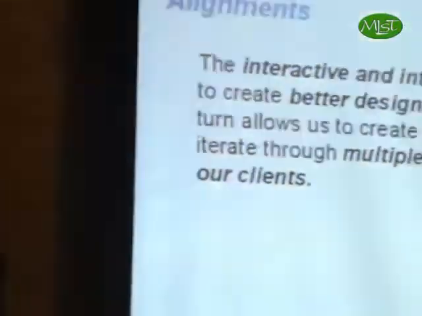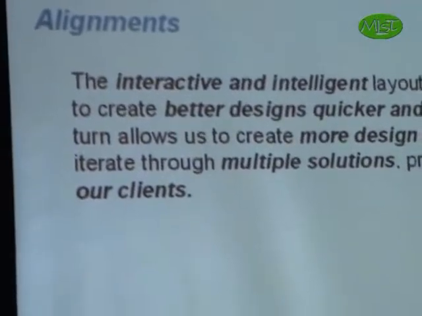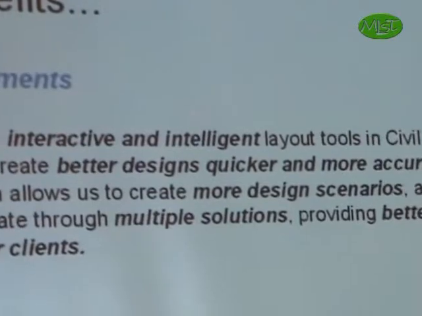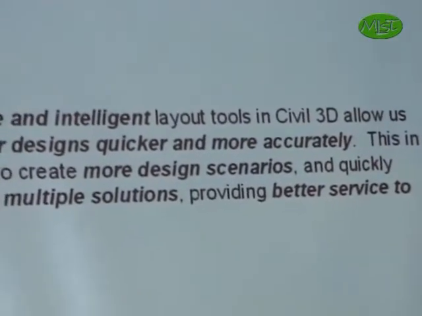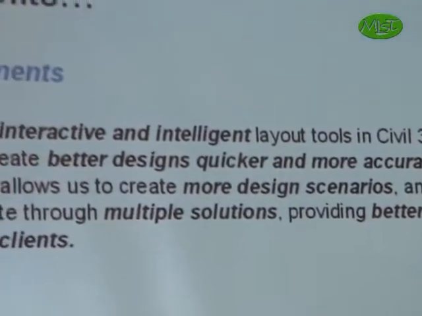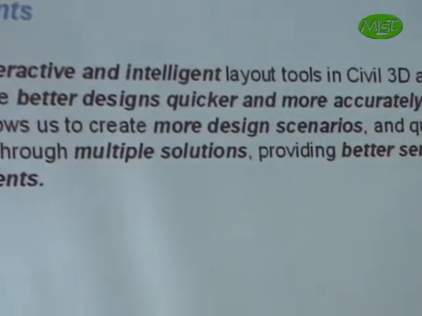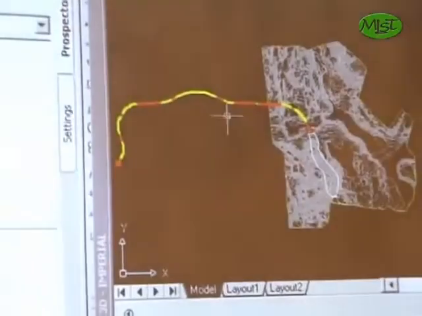Now, as some of you know, alignment here is the basis of road modeling. Okay, so I'm going to show you this tool on horizontal alignment, whereby it is interactive and intelligent. It gives you better design, better decision making, and provides you with multiple solutions. All right. So here I'm just going to show you the